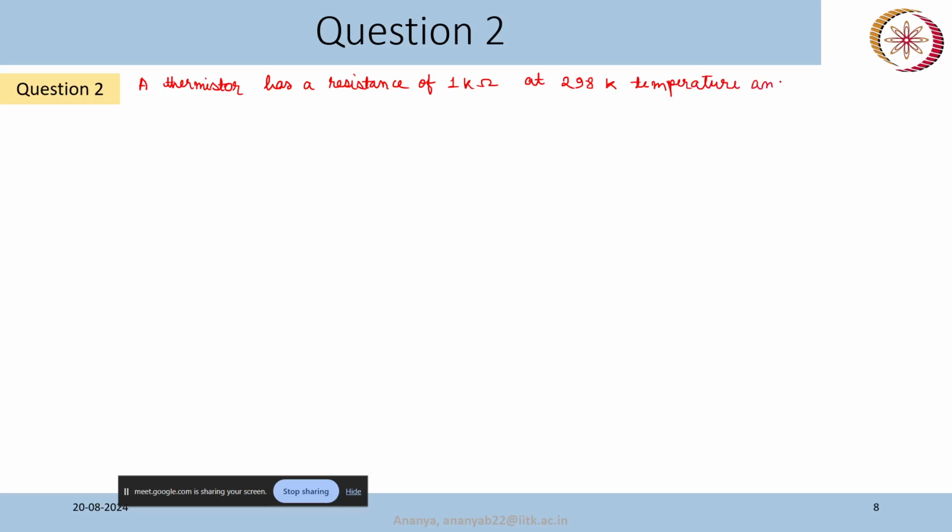And it has 465 ohm at 316 Kelvin temperature. The temperature sensitivity